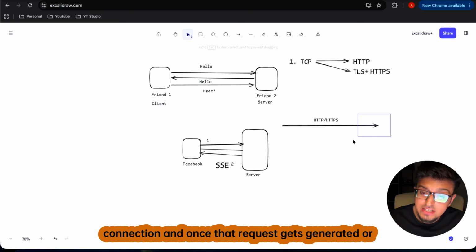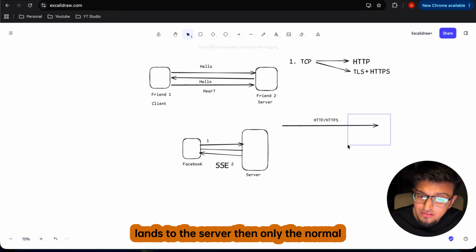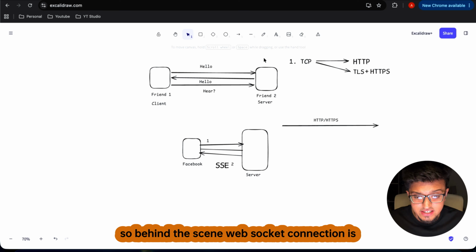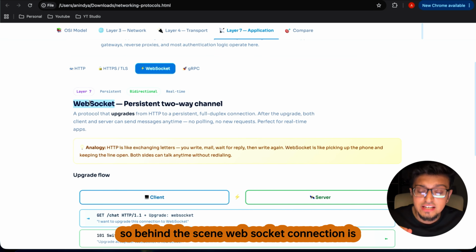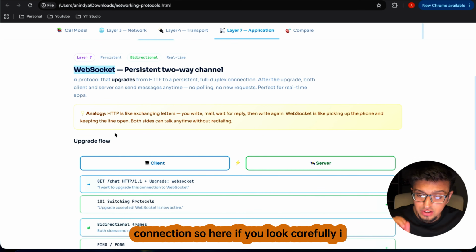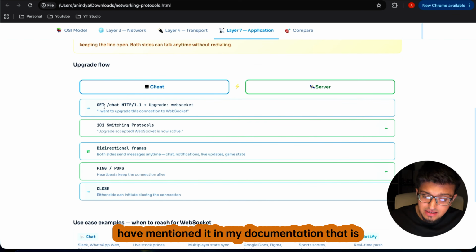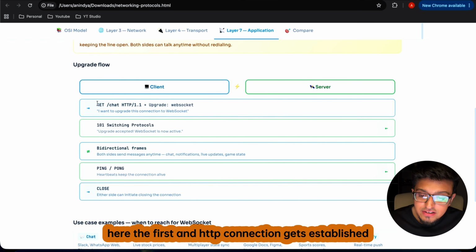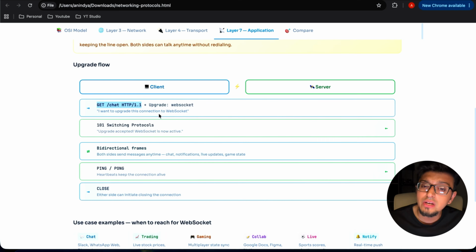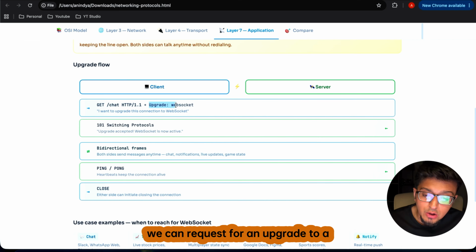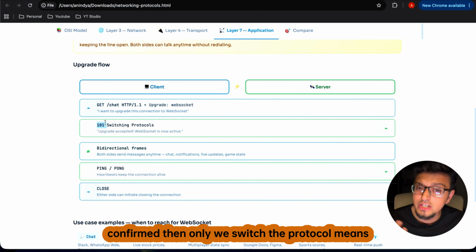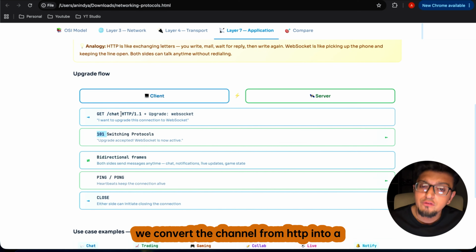And once that request gets generated or lands on the server, only then is the normal connection upgraded to a WebSocket connection. So behind the scenes, a WebSocket connection is nothing but an upgraded version of the HTTP connection. If you look carefully, I have mentioned it in my documentation: first an HTTP connection gets established, and once the HTTP connection is established, only then can we request an upgrade to a WebSocket connection. And once this upgrade is confirmed, only then do we switch the protocol, meaning we convert the channel from HTTP